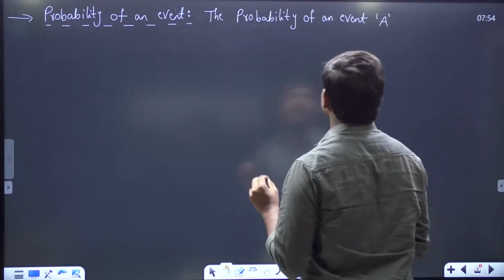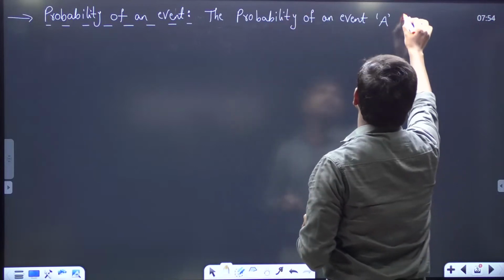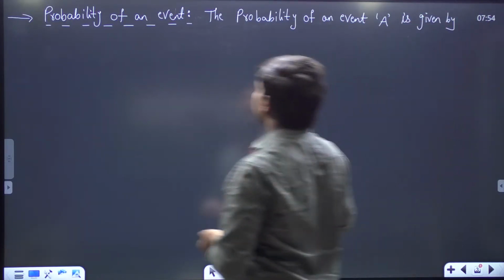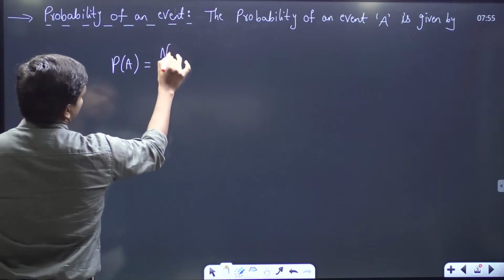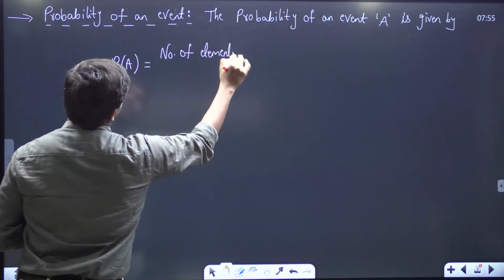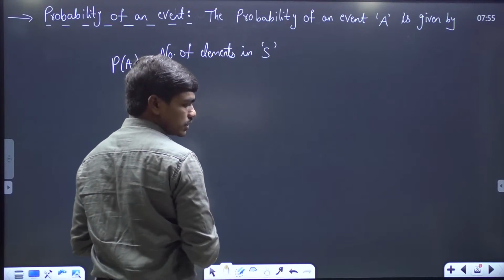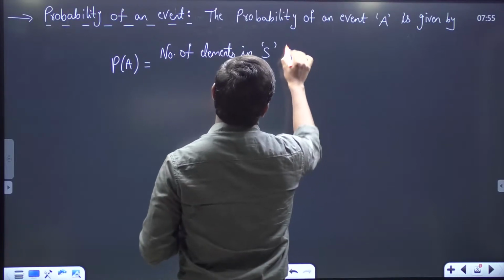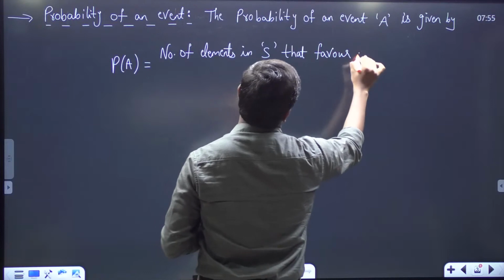So the probability of an event A is nothing but the chance of event A to happen at that moment, given by P of A is equal to the number of elements in S, where S stands for sample space, that favor occurrence of A,